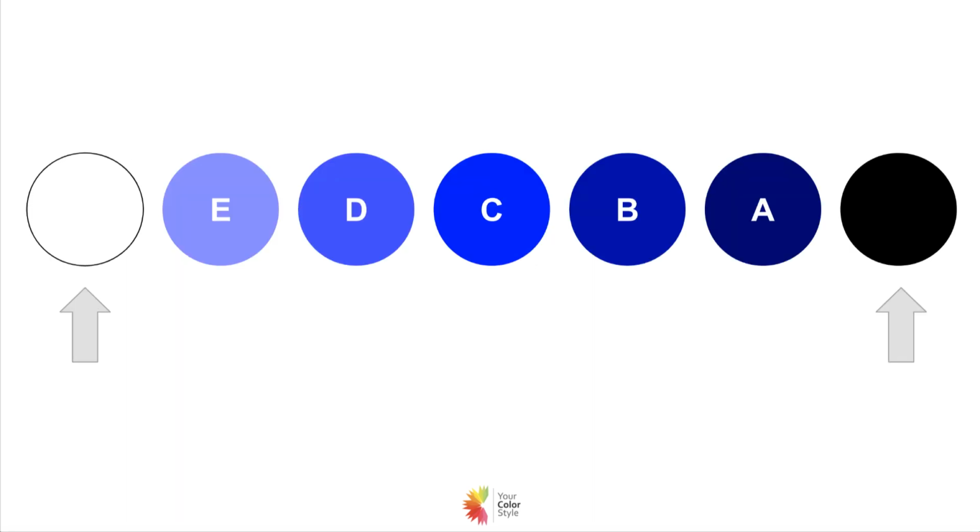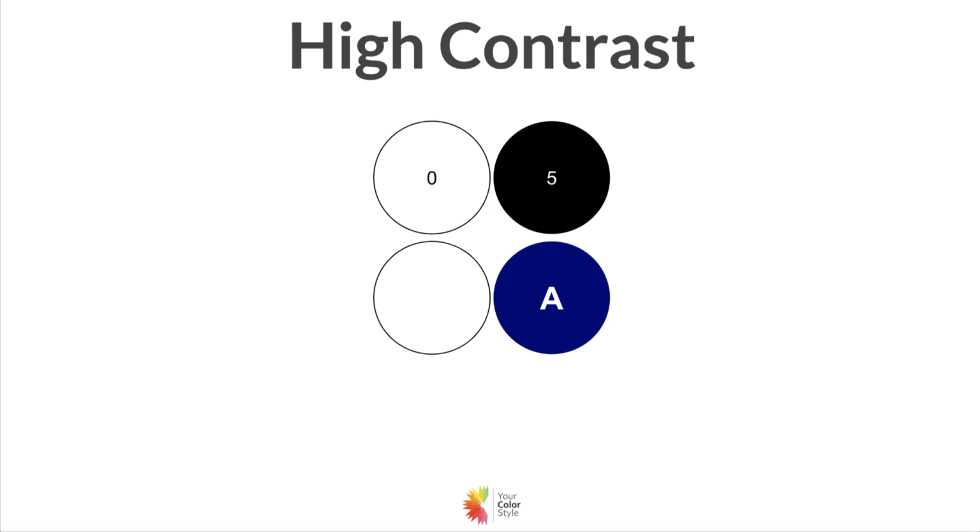If you were to put colors into this, the same thing, right? You have a white and black at the very ends. Those are the highest contrast, but a white next to, say, an A would also be a high contrast because there's enough of a gap between the two values. So here is color combinations of high contrast based on value. So as I said, white and black, furthest on the spectrum, if you will, high contrast. And as I had mentioned, 0 and A, a white and a dark color can also be considered